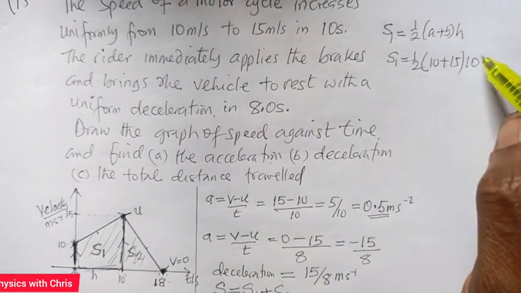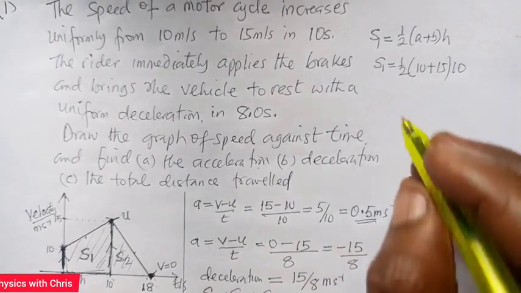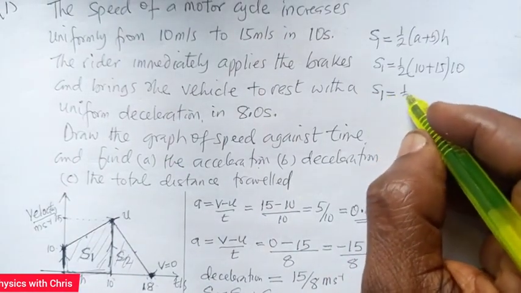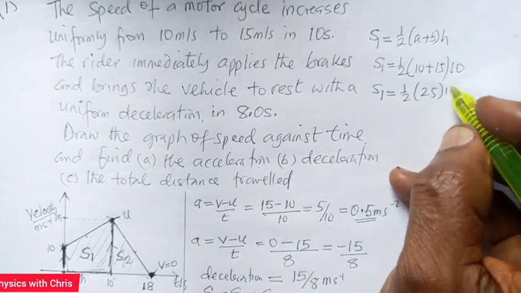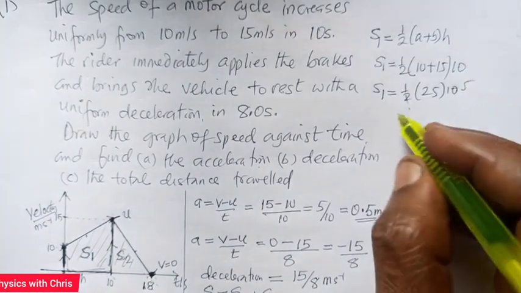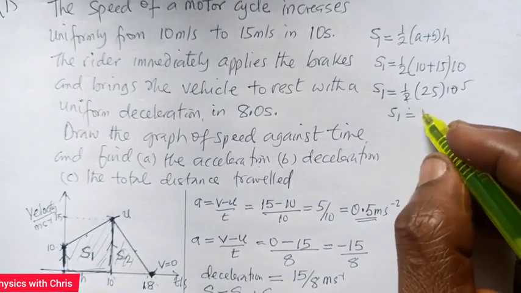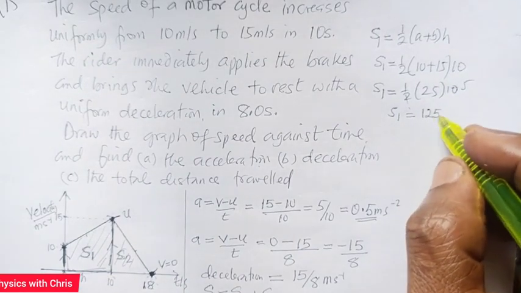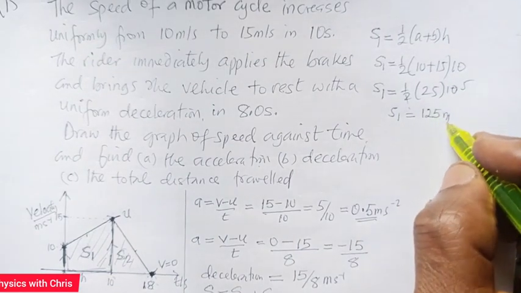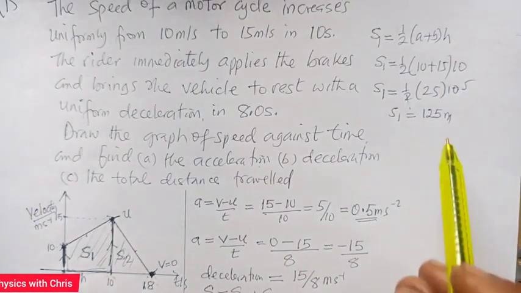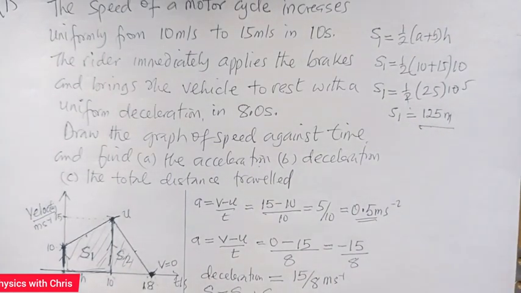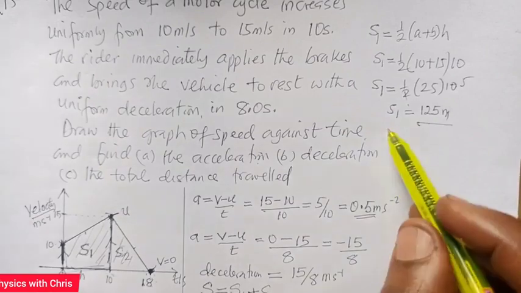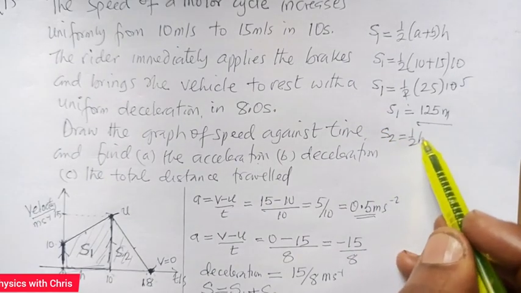Times 10, that gives me S1 is half times 25 times 10. This is given 5, so that S1 is 125 meters. So to find S2, the area of a triangle, which is half base times height,